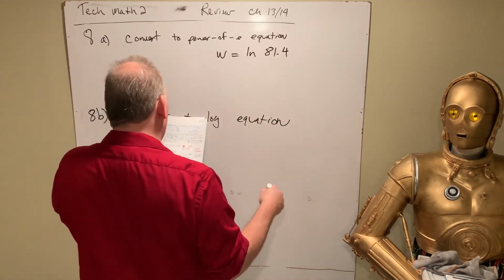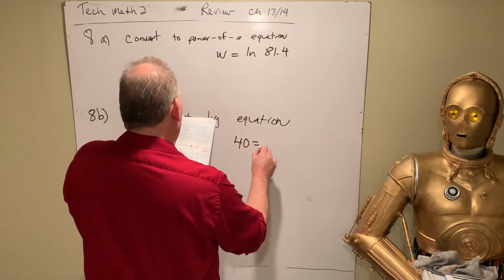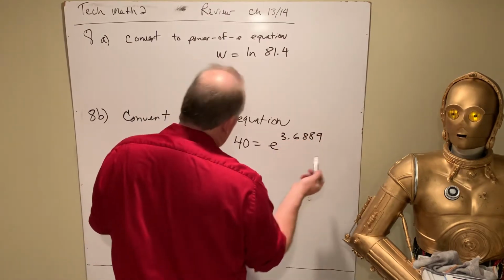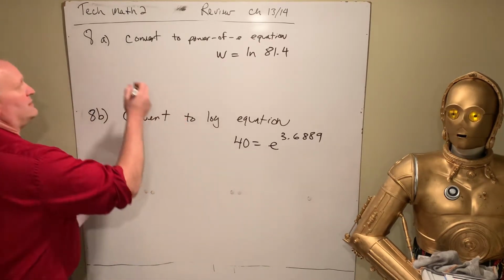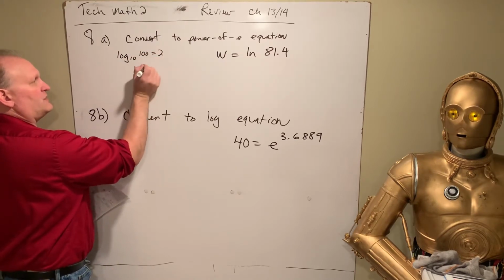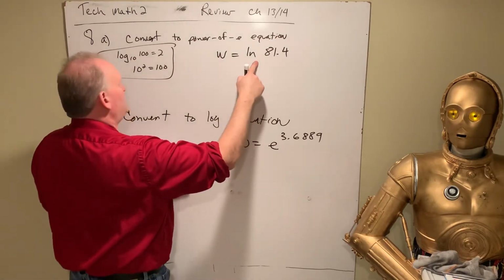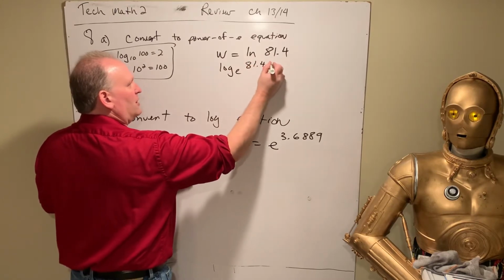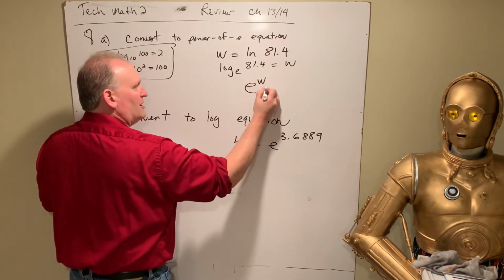And so that was 40 equals e to the 3.6889. All right. So they want us to convert these. So again, you remember log base 10 of 100 equals 2. So 10 squared equals 100. And with that, that's the puzzle pieces. So here, we'll write this first. Log base e of 81.4 is equal to W. So that means e to the W power is equal to